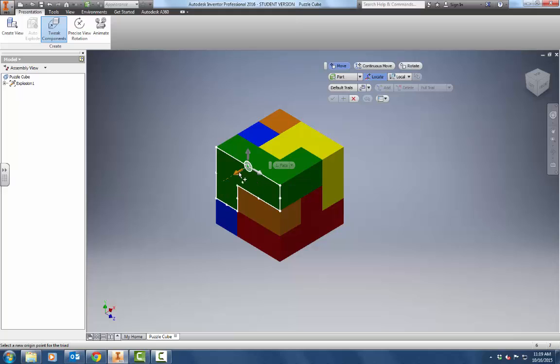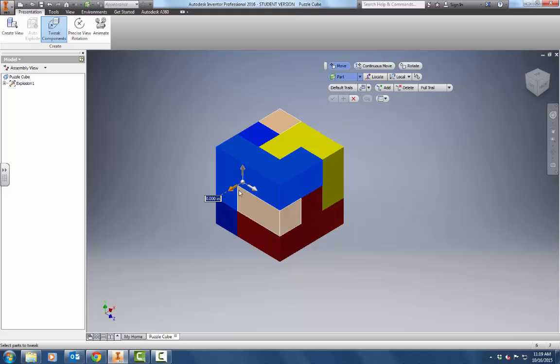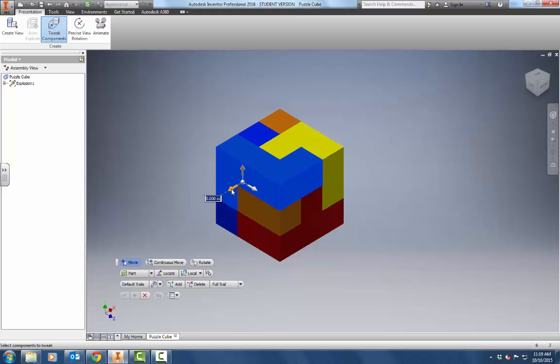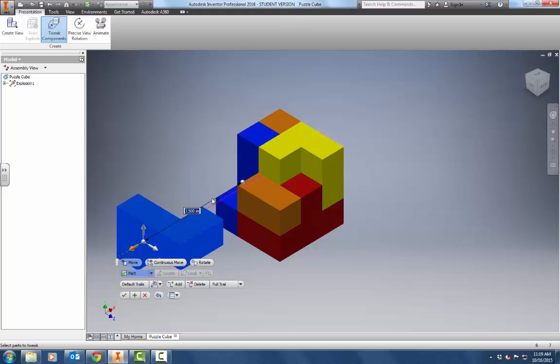So let's say we'll start with this green one. I want to move this green piece. I click to set that piece, then I have to pick which direction I want to move it in. In this case, I'm going to move it to my left, so I click on that, and I'm going to set a distance. So I'm going to try 3.5 inches. Hit enter. If I'm happy with that, I hit the little check mark,